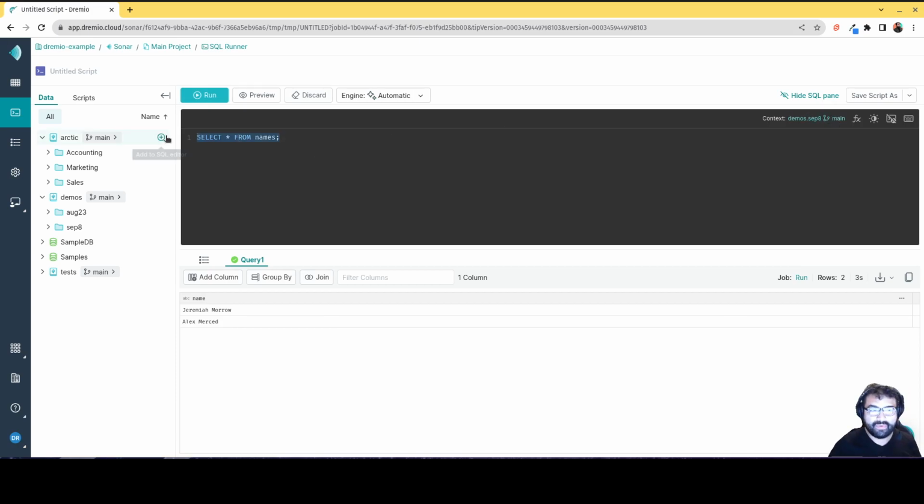Now let's say we wanted to add some records. What I can do is create a branch. And the cool thing is that Arctic is backed by an open source project called Nessie. So everything that I'm doing here, you can do in any tool. You could be doing this in Spark, you could be doing this in Flink, in any tool that supports a Nessie catalog in the sense of being able to utilize different branches. So I'm going to create a branch and then insert more records from the branch. That way we're going to isolate